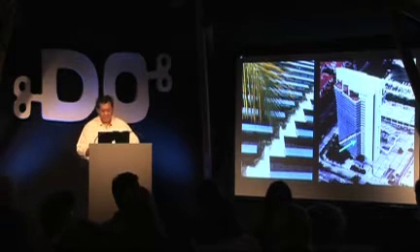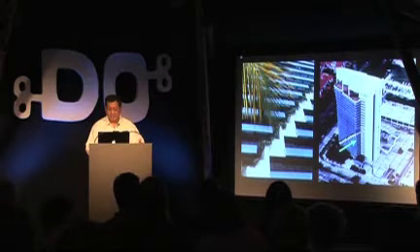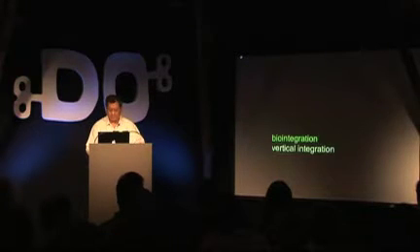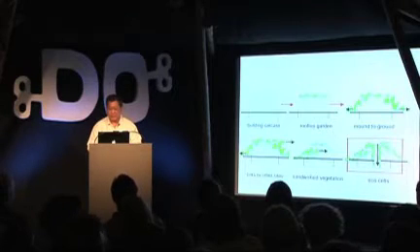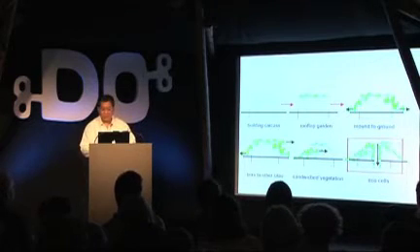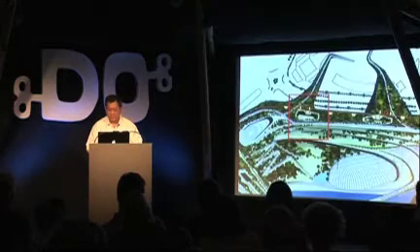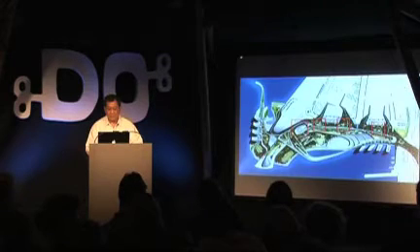This is a very old building I did maybe 20 years ago, and here we can see the vegetation climbing up the sides, across the floor, to the top of the building. So vertical integration is extremely important for me, and what I showed earlier was vertical integration upwards. So how do we integrate downwards? One of the ideas we had was what I call eco cells. They're like cells that cut into the building and go all the way down to the basement. And these are where the eco cells are in this project.